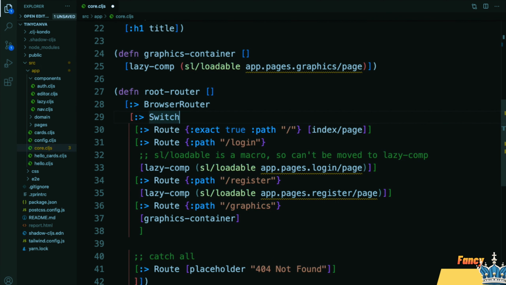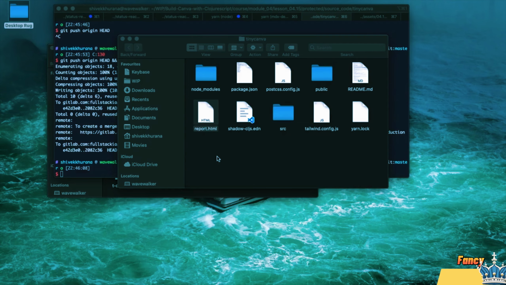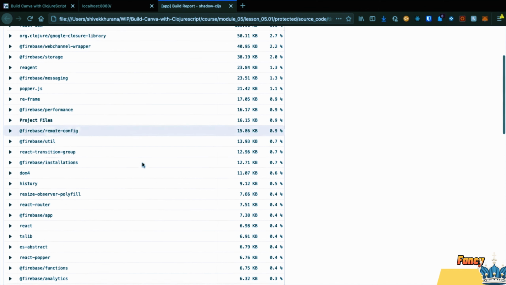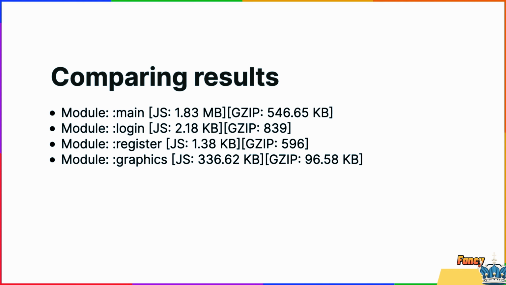Using lazy-comp directly didn't work for the graphics route, as React Router's Redirect has some issues with Switch and it prevents the component from re-rendering. You can check the links to Stack Overflow and GitHub issues in the chapter notes. By adding an extra wrapper, graphics container, the component loads fine. If we check the report again, you will notice that we have reduced the bundle size to 1.83 MB, which was more than 2 MB earlier. This was mainly because Fabric was split out and moved to the graphics module. Depending on your app, you might be able to create more modules and save more bytes initially, leading to a